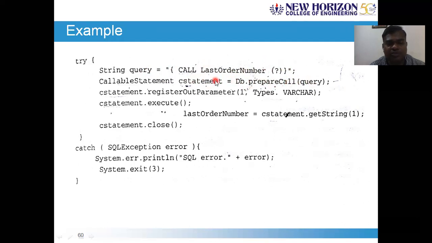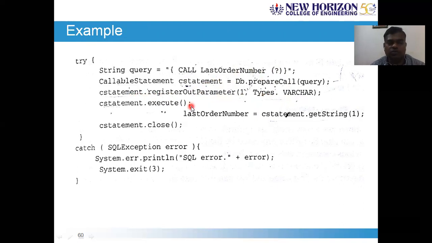So db, which is nothing but the connection, dot prepareCall of query. You'll get a callable statement, and you should register the output parameter: cstmt.registerOutParameter(1, Types.VARCHAR). This argument is the output parameter that we are indicating. After that you can execute.